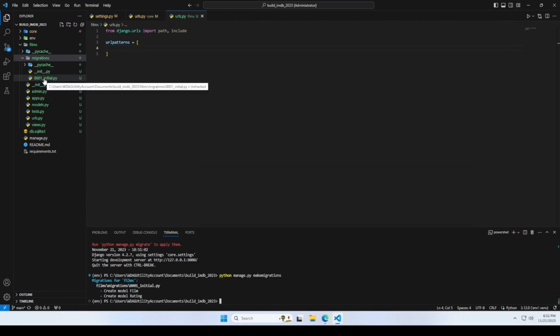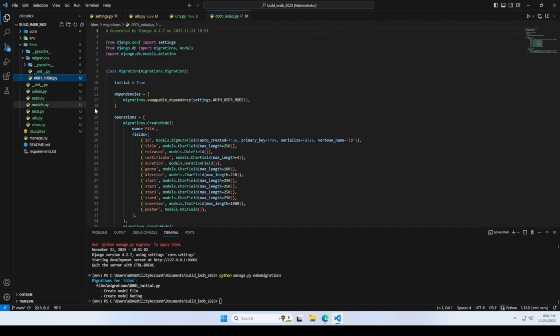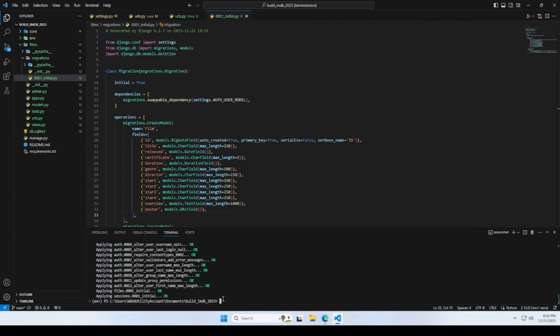And what this basically is, in a very simple manner, is it uses Python code to write the SQL for us. Our databases are written in SQL language. So this basically uses Python to convert Python into SQL code for us. And then what we do is we're going to run migrate. So Python manage.py migrate, which then takes that initial model that we created and writes it to our